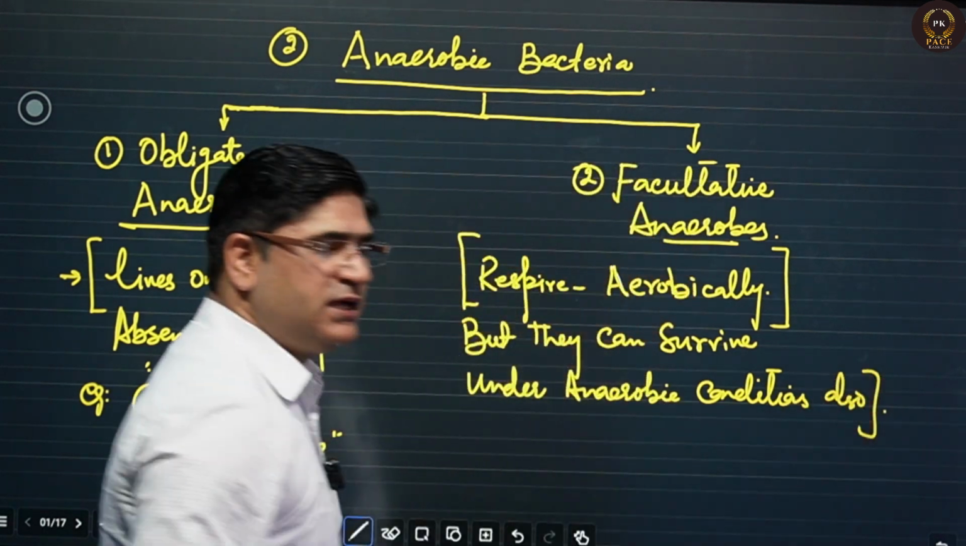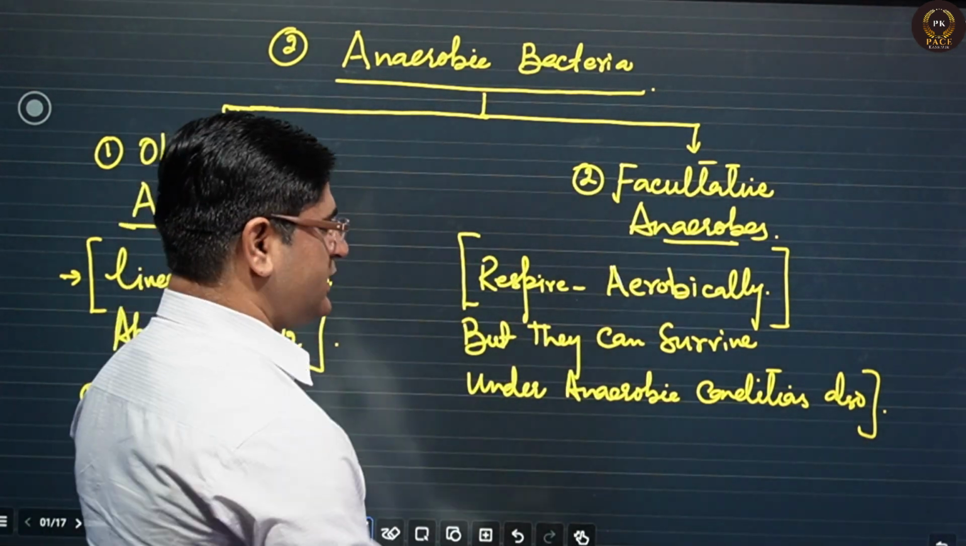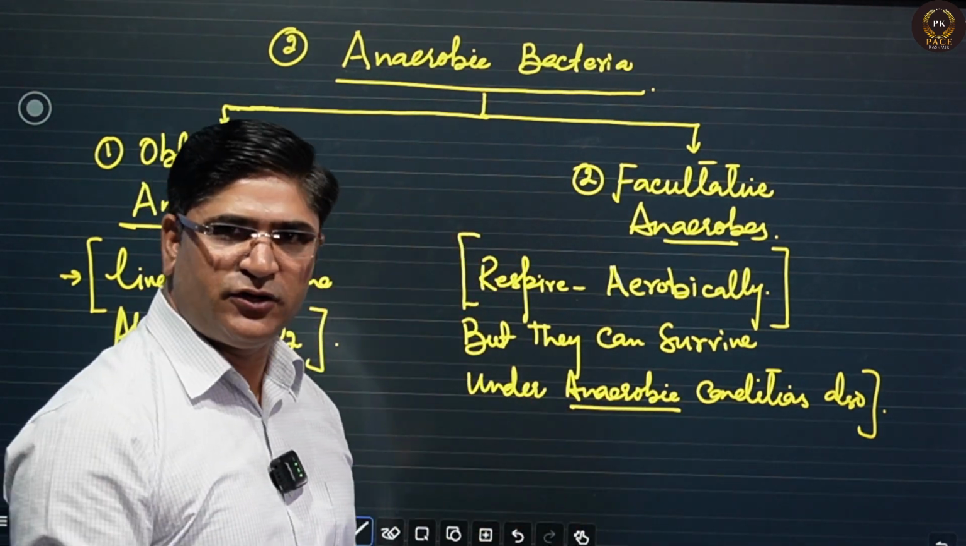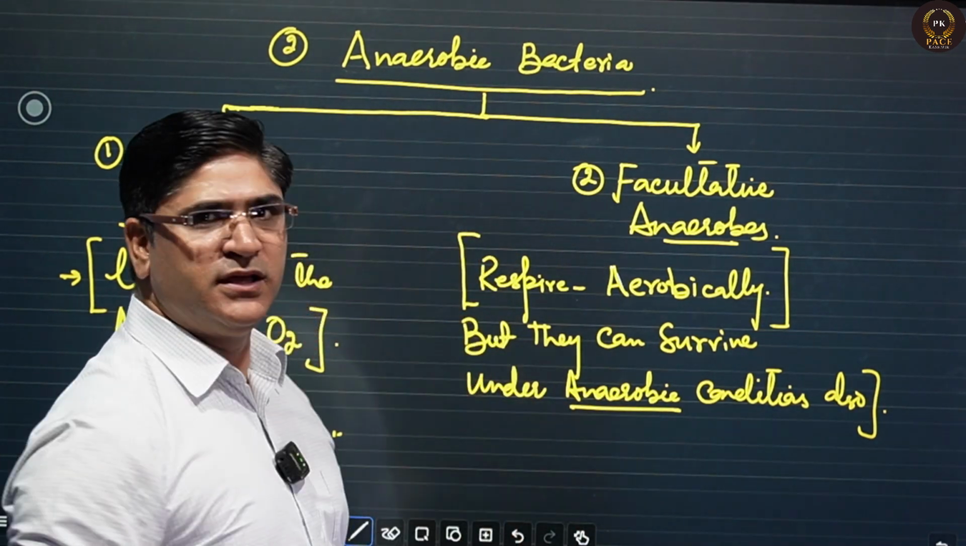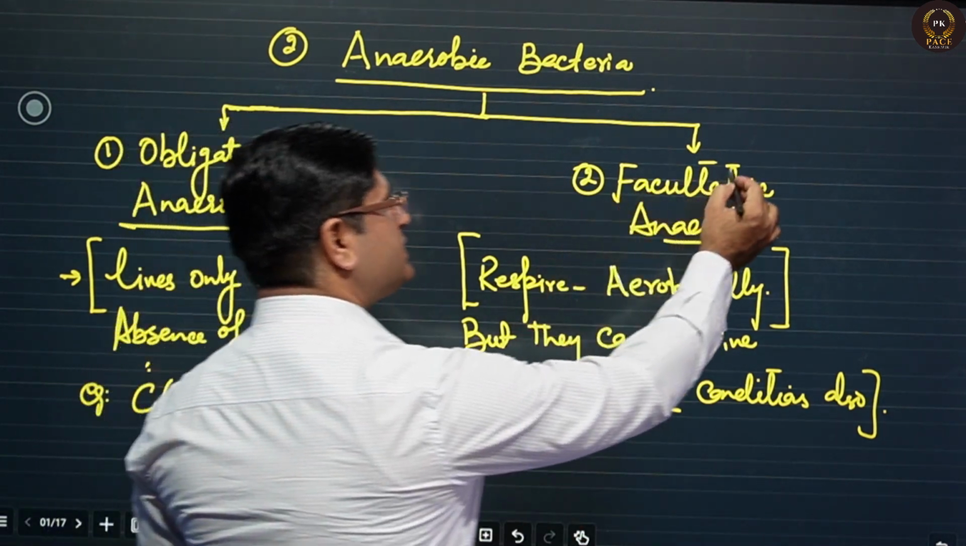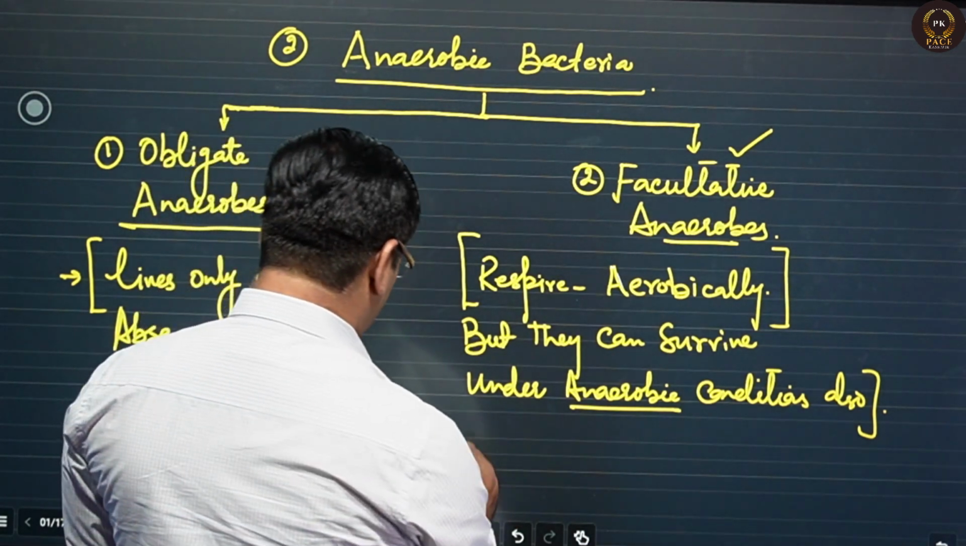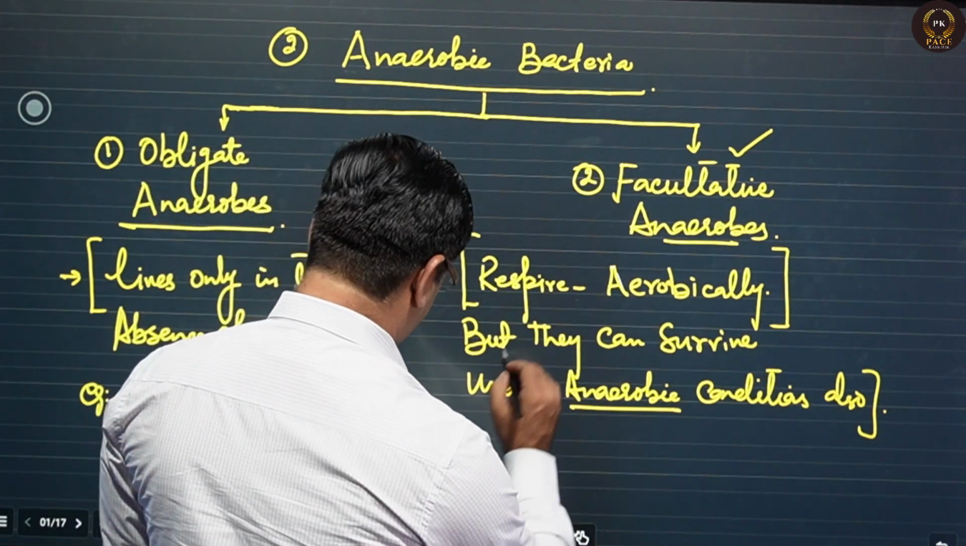So it means the anaerobic condition is a facility for them. They are facilitated to survive under the anaerobic condition. So that's why they are known as facultative anaerobic bacteria. For example,